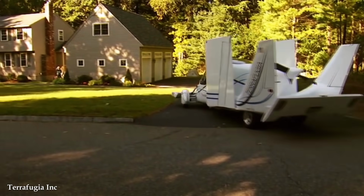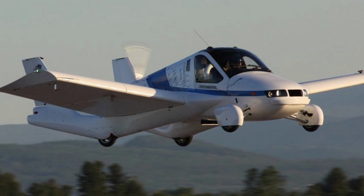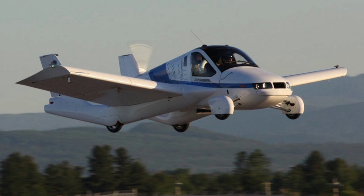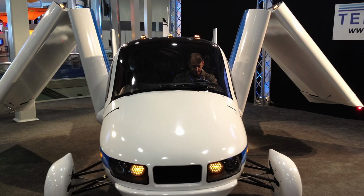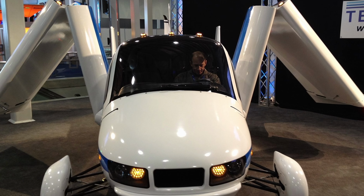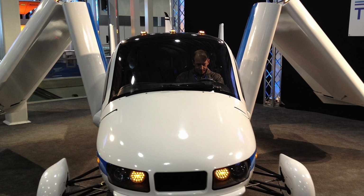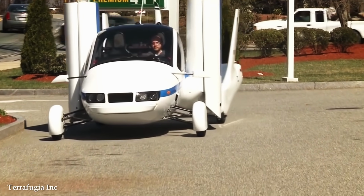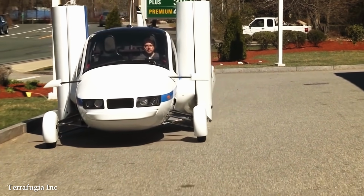a conventional car. It's powered by a gasoline engine and features a retractable landing gear for seamless transitions between flight and ground level. When on the road, the wings can be folded and stored, allowing the Transition to fit into a standard-sized garage or parking space. By doing this, it provides the freedom to bypass traffic congestion by taking to the skies, allowing for quicker and